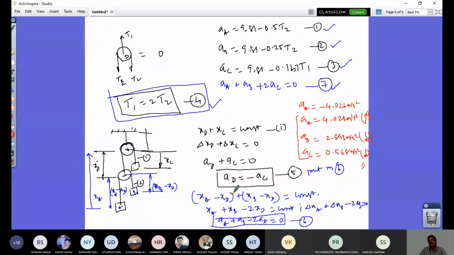Equation number 5 and equation number 6 come from the consistency of the string law. And you can eliminate AD from this so that you get your equation 7. So these are 4 equations. Additionally, you have this equation from the free body diagram. So you have 5 equations and 5 unknowns, and you would be able to find them. You can also find T1 and T2 in this case if asked. So that's all for kinetics. We'll solve some additional problems in the next class. Also, we will see another interesting